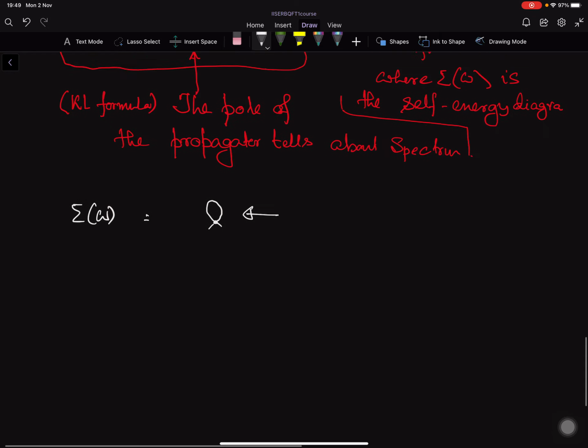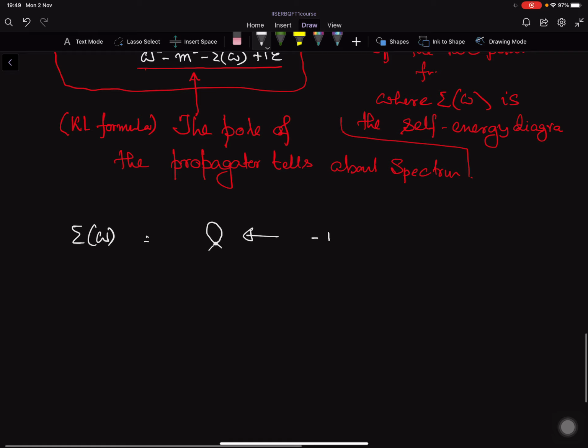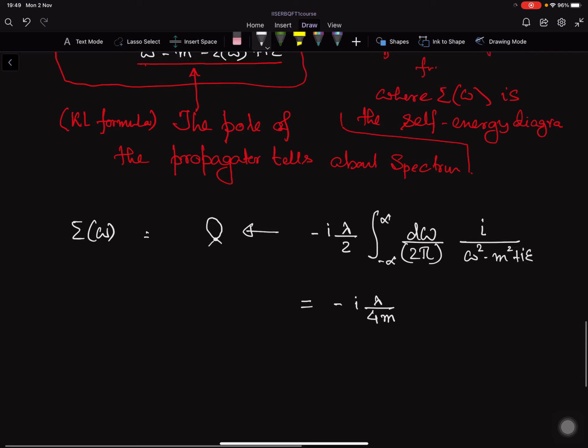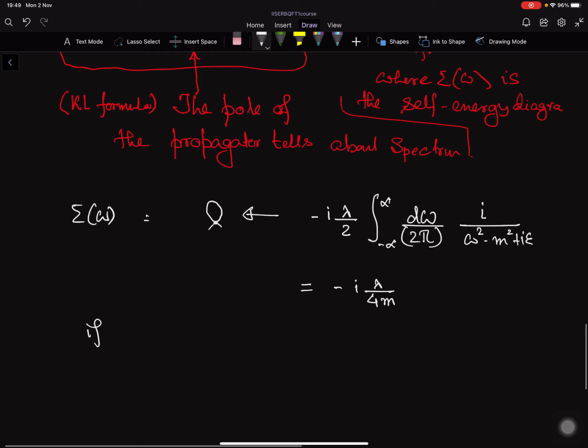This will just become i lambda by 2 integral from minus infinity to plus infinity d omega by 2 pi, i by omega square minus m square plus i epsilon, and this simply becomes i lambda over 4m. Okay, so now if you put this in the above expression,